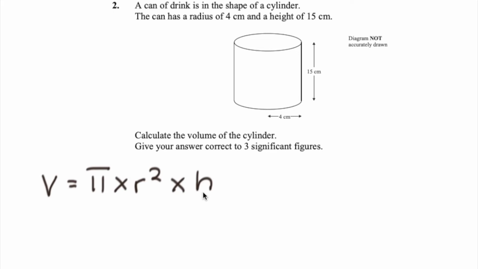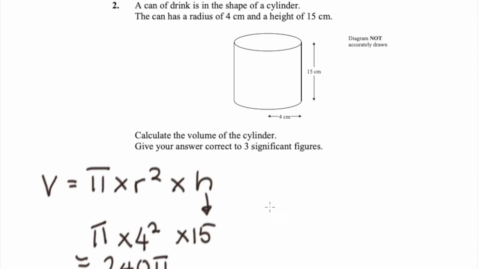Our height is 15 centimeters and our radius is 4 centimeters, and remember it's 4 squared times our pi. So we put that into the calculator, which is equal to 240 pi, and then we simplify it on our calculator, which will give us